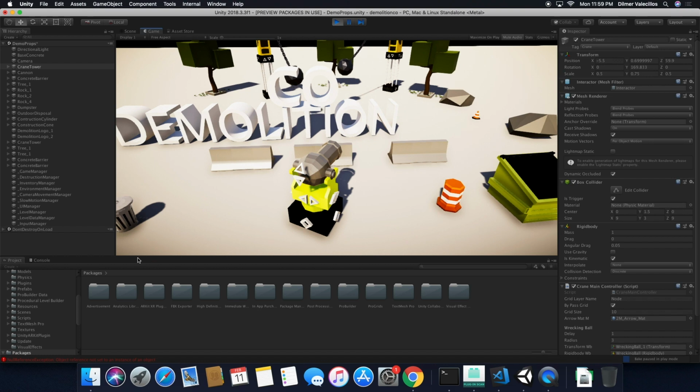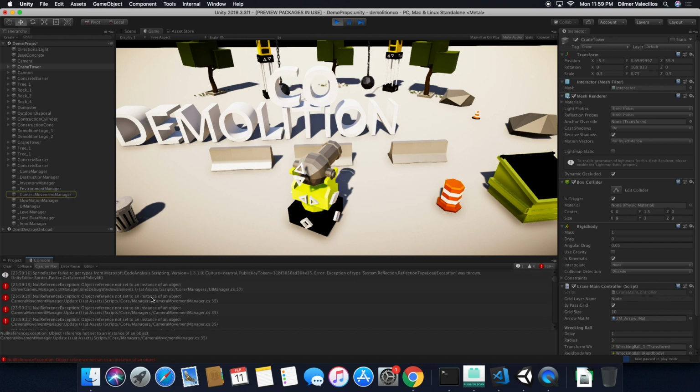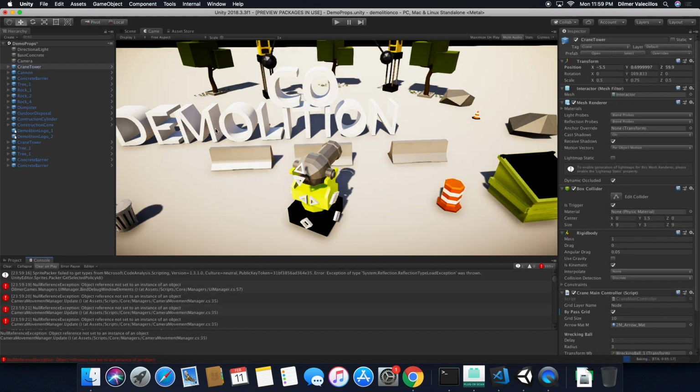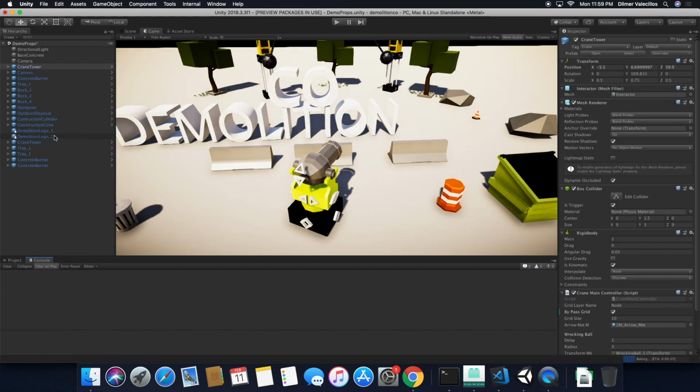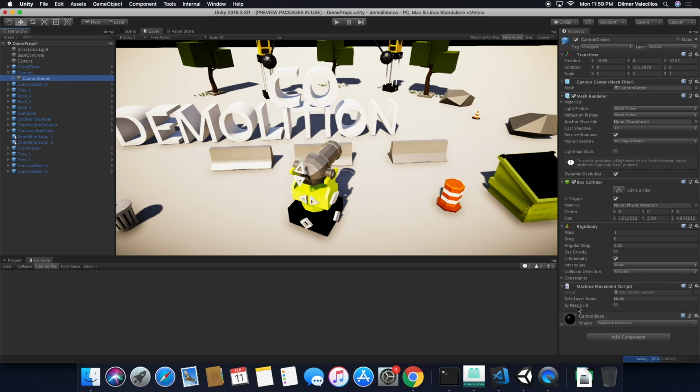I'm also getting some arrows. Let's see what this is. On the camera movement, that's fine. I don't think I need to worry about those for now. It's kind of clear. And let me do one thing here where we're gonna be looking at the cannon. So if you look at the cannon, if I expand it, I have this bypass, basically bypassing the grid. So if I select that, hit play,